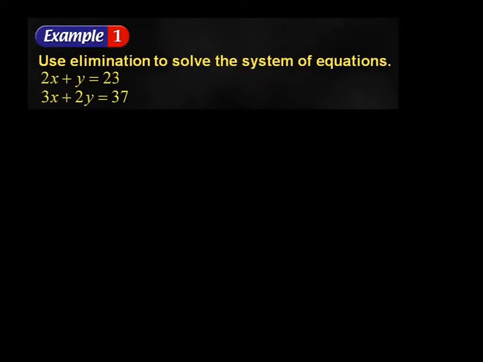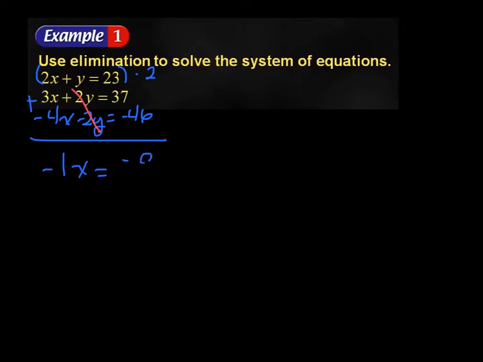Okay, so again, to get my opposites, I'm going to multiply this first equation times something, and I'm going to pick -2, so that'll make my y's drop out. So we'll have -4x minus 2y equals -46. Then I can add straight down, and I'm going to get -1x. If it makes you happy to put the 1 there, you can. The y's are gone. Equals -9,